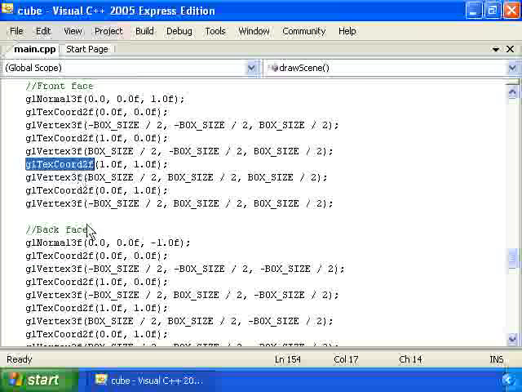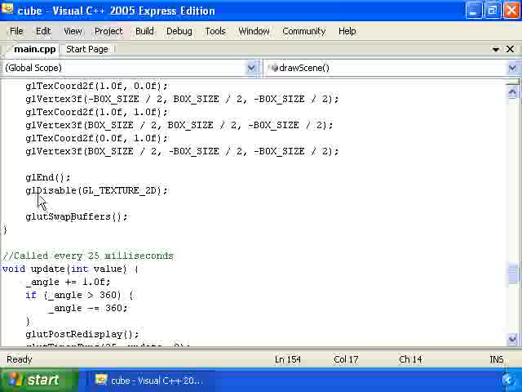So we have the front face, the back face, GL end, and then we disable texturing so that subsequently we'll just have colored materials or colored faces rather than painting images on top of the faces. Then glut swap buffers to set